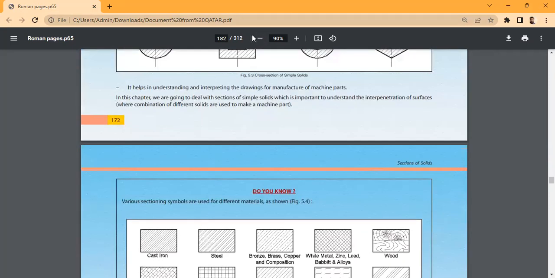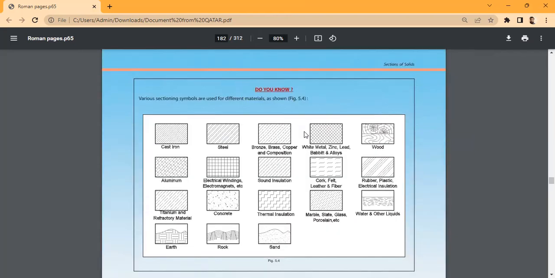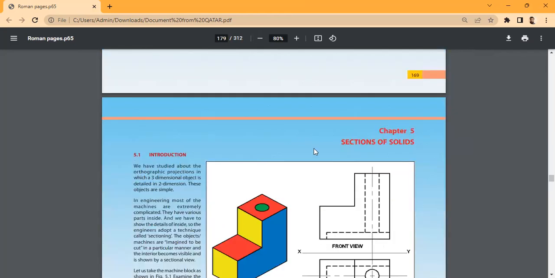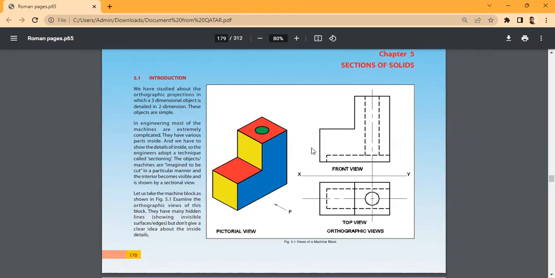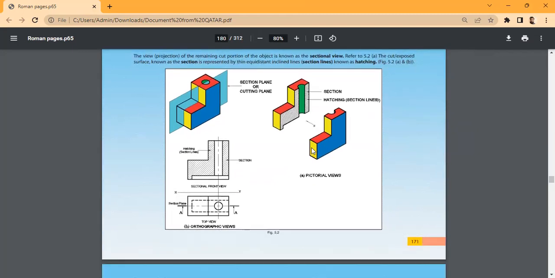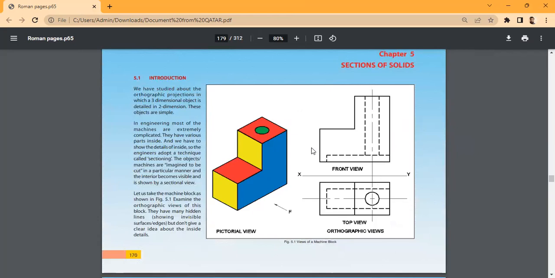Okay, so today we are going to do some drawings in sections. Okay. So sections of solids. Yeah. Okay. So